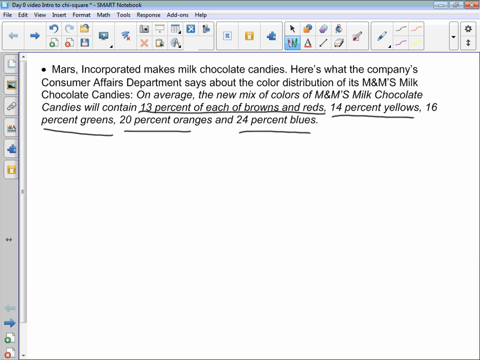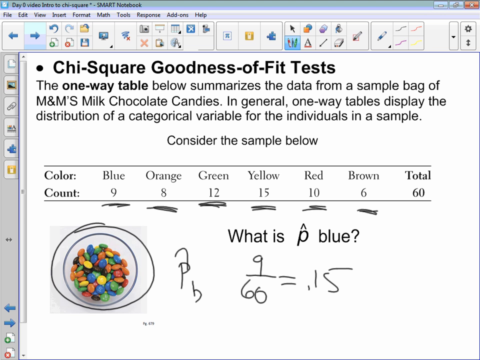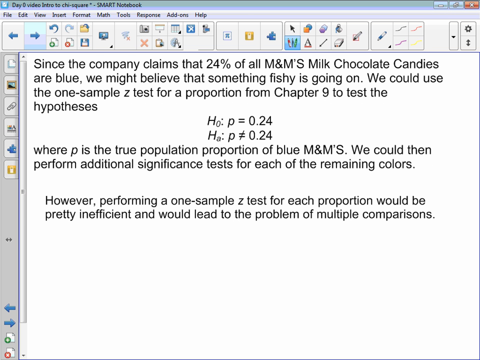And they said that it's supposed to be 24% blues. Now, does that mean that they're lying about blues? And does that mean that they're lying about the whole thing? And so, of course, we could go through and do a one sample null hypothesis, with the hypothesis being,